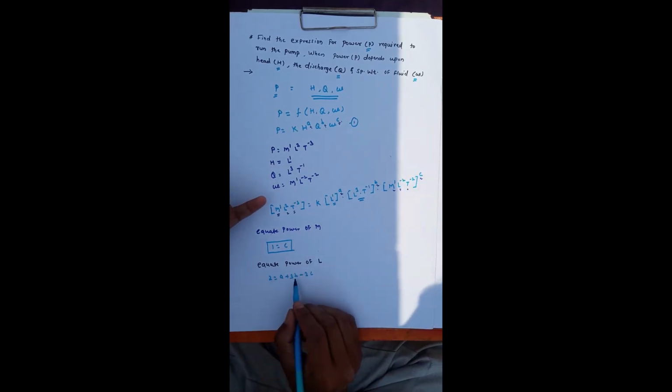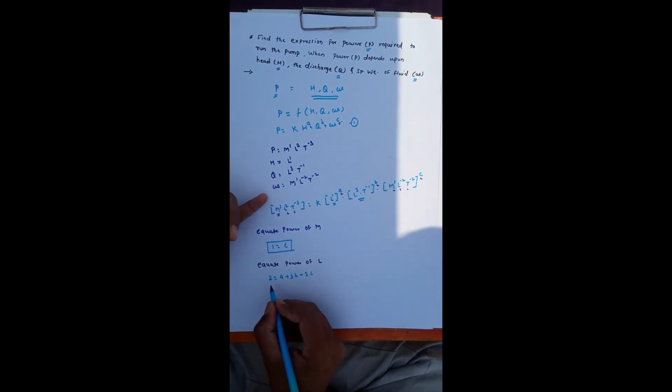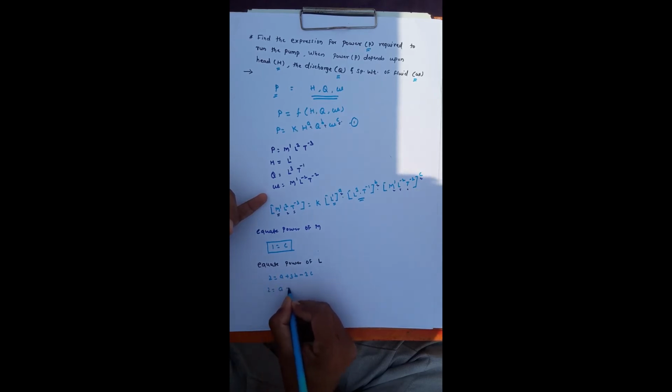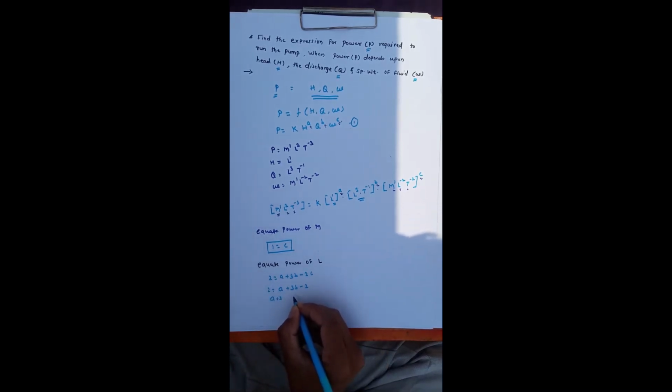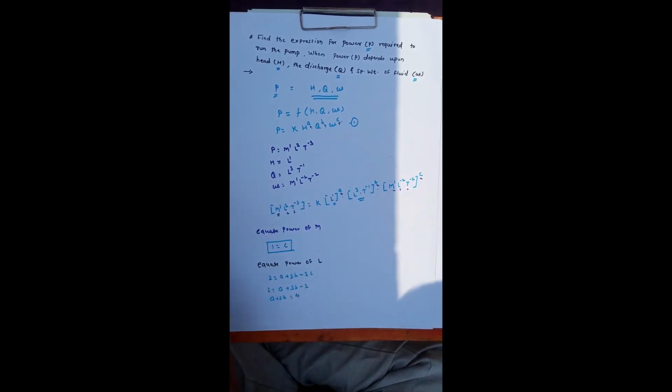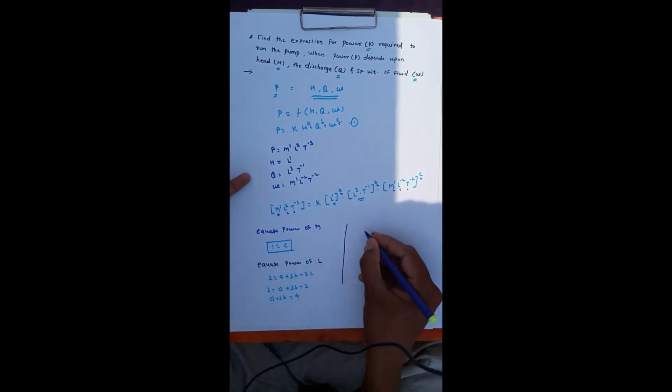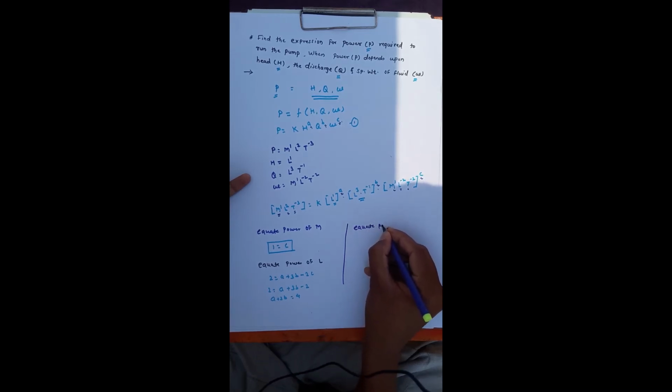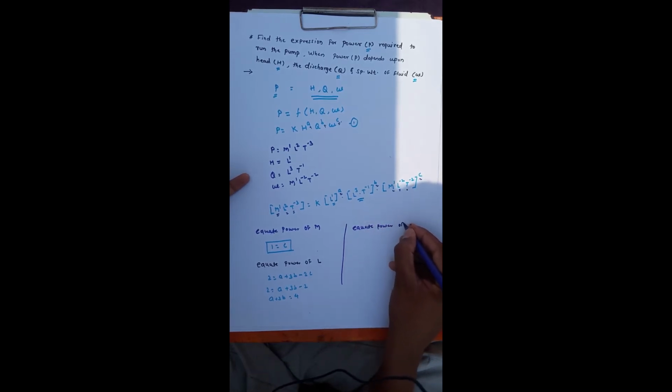So now we have one equation with 3 unknowns, out of which we know the value of C. So I will get 2 is equal to A plus 3B minus 2, that is A plus 3B, and the minus 2 will come to the other side, so that becomes 4. So to find the values of A and B, one more time I need to equate the power of the third term, that is T.